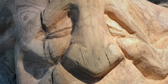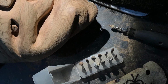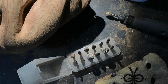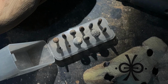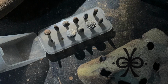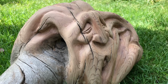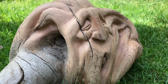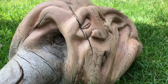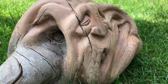And anybody who knows me, of you folks that I'm so grateful that you come back and watch my videos, you'll know that I'm a sanding nut, and I will sand for hours and hours and hours. And that's what I did in this piece here. I kept carving deeper, getting into those channels, and I like to follow either the wood grain, or existing channels or cracks or lines in the driftwood, and when you blend them in together, it gives it this magical look, like it was by nature's hand. And if you can do that to a carving and get it to look like by nature's hand,